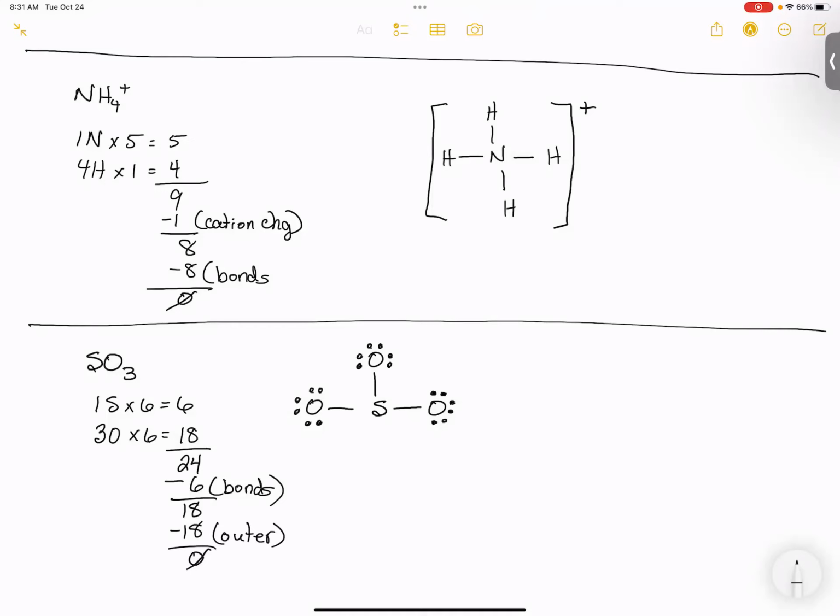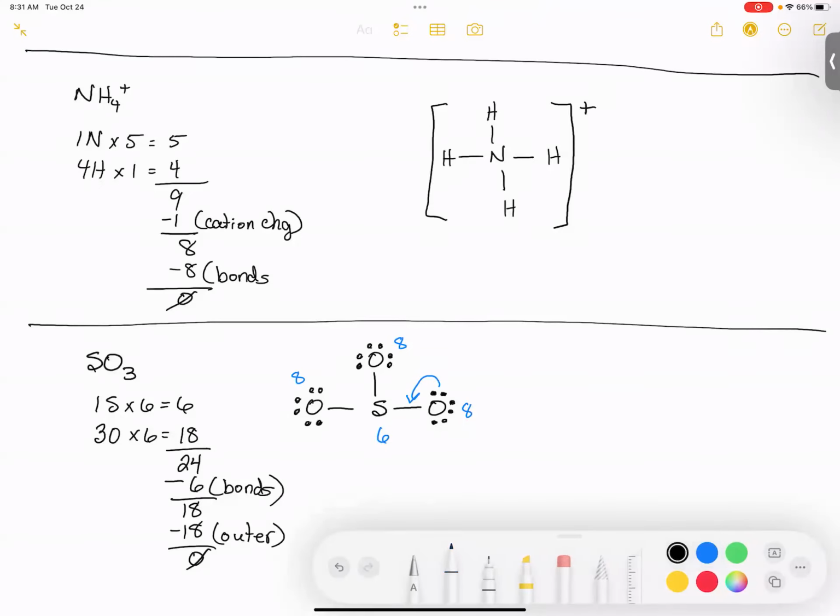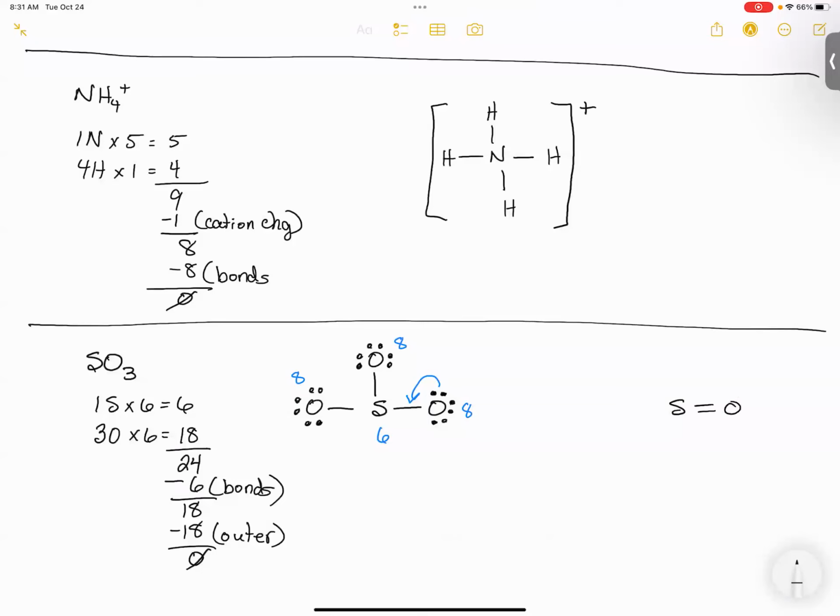So according to our rules, we want to check, does everybody have an octet? Our oxygens do have an octet. They have 6 within the lone pairs and 2 within the single bond. That is true for all 3 of our oxygen atoms, but our sulfur only has 6 because it only has 2 within each of the bonds. So we're going to need to bring in a pair of electrons to share. When you bring in a pair of electrons to share, the structure that emerges